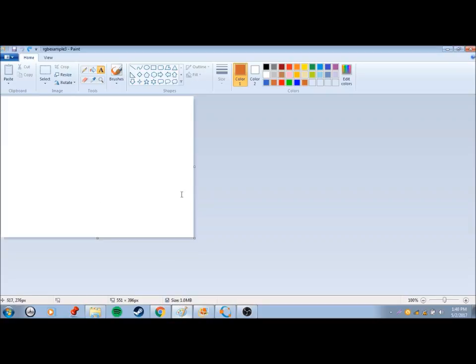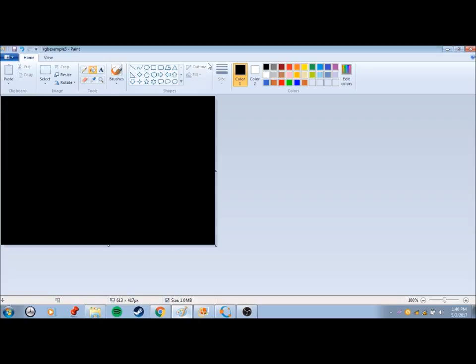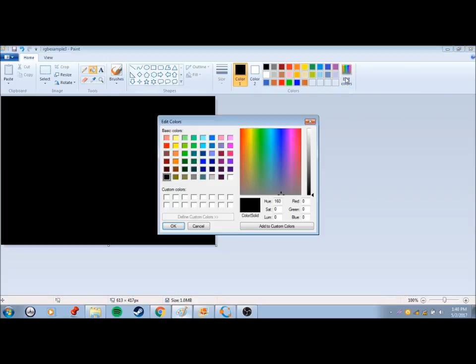So for example, we go to Paint. We change the background to black, and then we make some colors. To show the intensity, or how an image works, we will access red, green, and blue later.